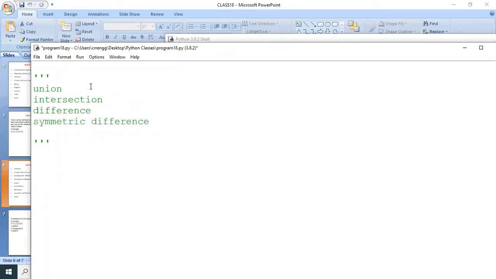So for example, we are taking any sets. See with example. Here I am taking two sets. S1 equals 1, 2, 3, 4, 5, 6. S2 equals 2, 5, 7, 8, 9. Now everyone please give the response in the chat box. What is S1 union S2? Print S1 union S2.